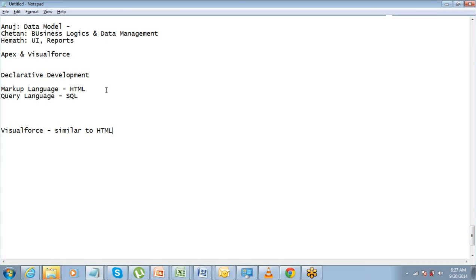The query languages which we will use in Salesforce are SOQL and SOSL. SOQL stands for Salesforce Object Query Language, and SOSL stands for Salesforce Object Search Language.